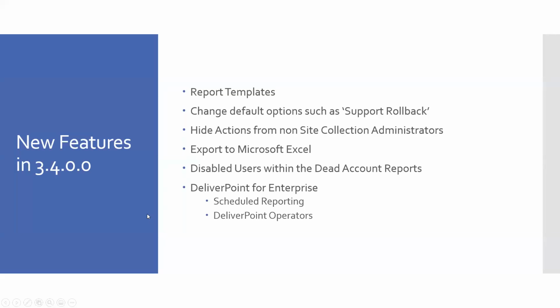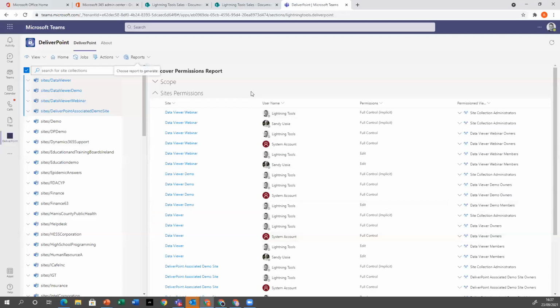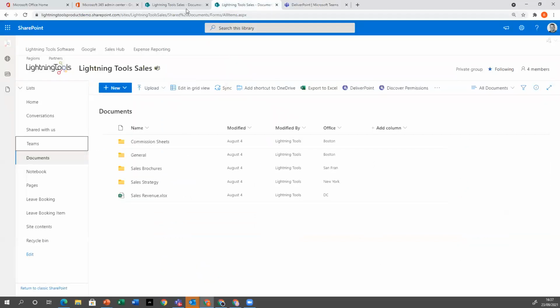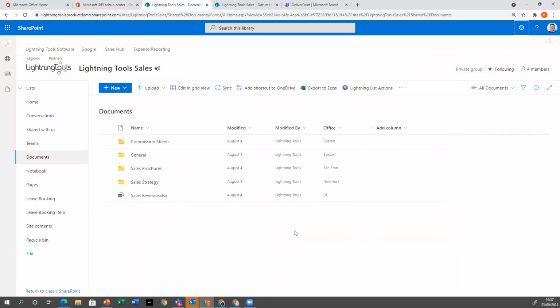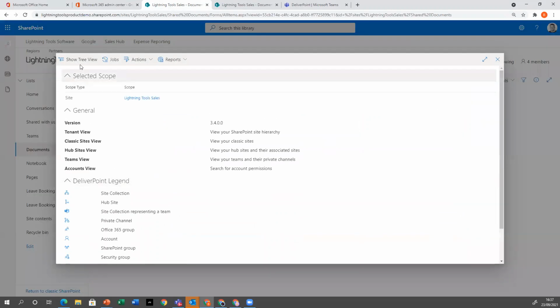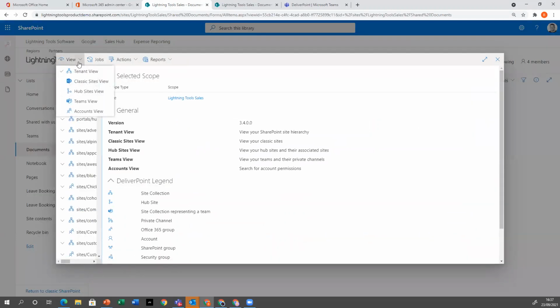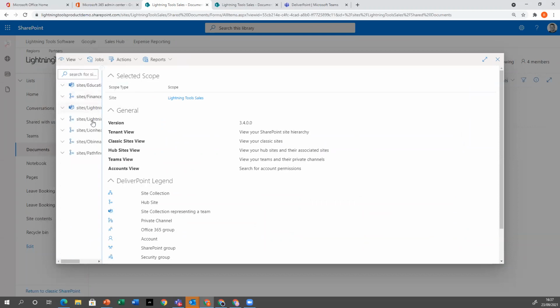So new features, let's have a look at those. One of them I'm particularly excited about is the report templates, because no matter how easy we've just made that look to manage permissions, we do sometimes have to keep on rerunning the same report and setting up lots of different options. So when we are back in DeliverPoint and perhaps we've drilled into the hub sites view,